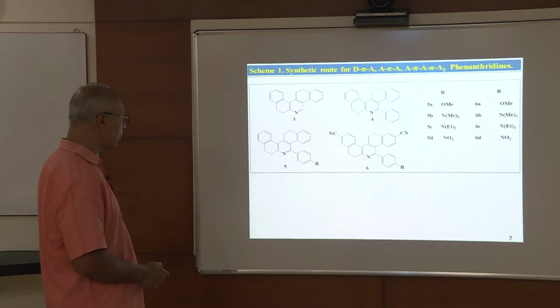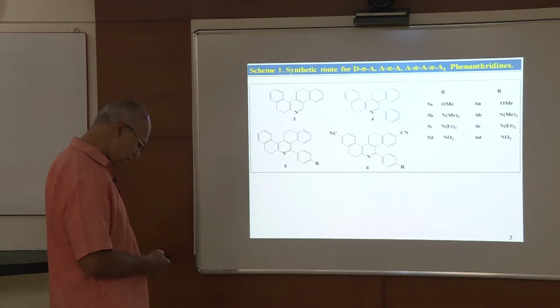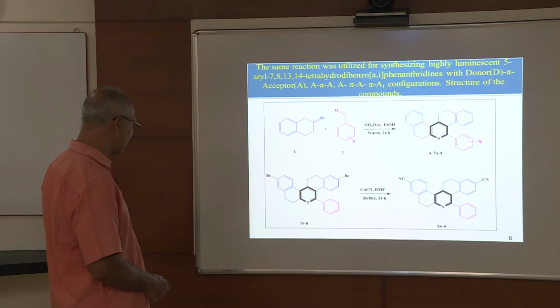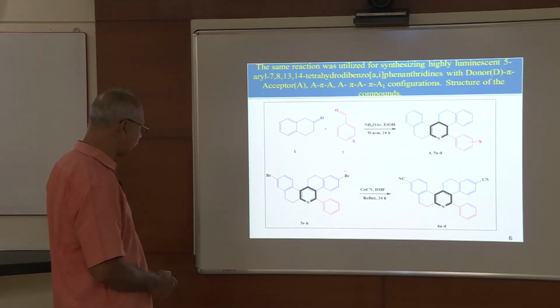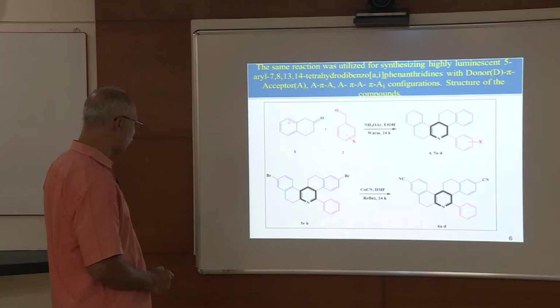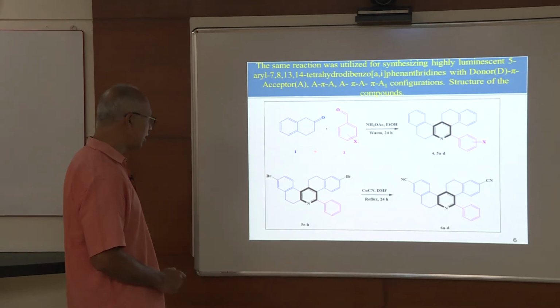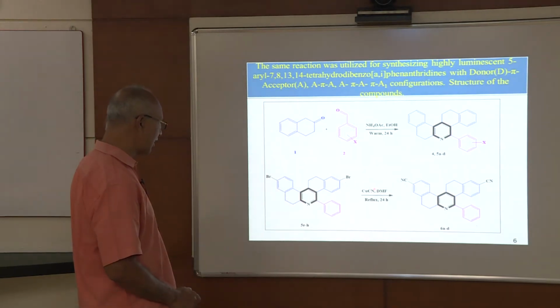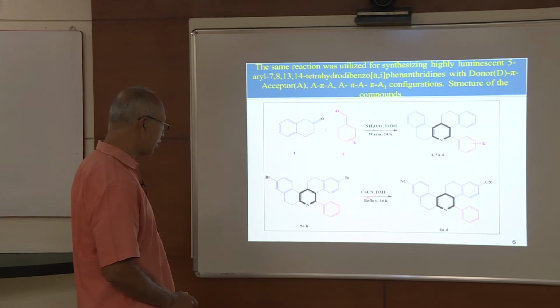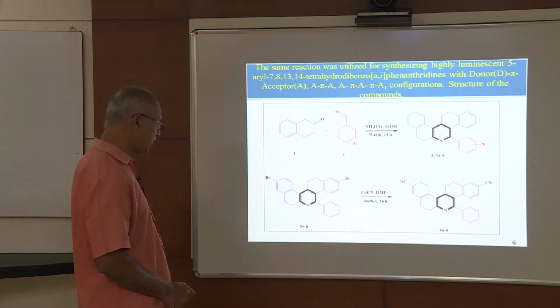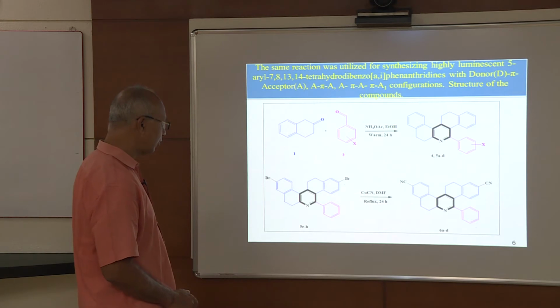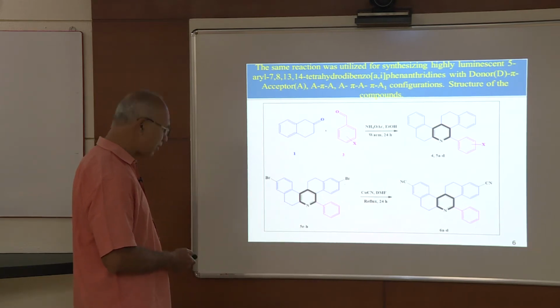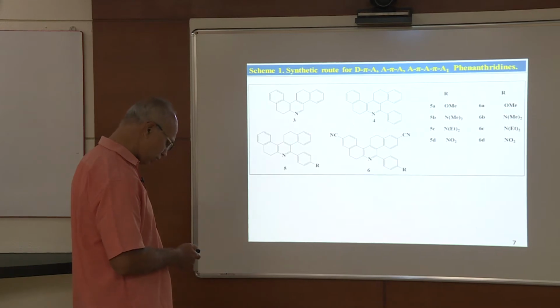Then we prepared this cyano substituted compound. Here we have taken bromotetralone, so you will have bromine here. When this bromotetralone is subjected to the same type of reaction, there is only one difference: instead of ammonium acetate, we used copper cyanide. Here we have to reflux, and after refluxing you keep it for 24 hours. Other things are the same, and the purification is done using column chromatography.